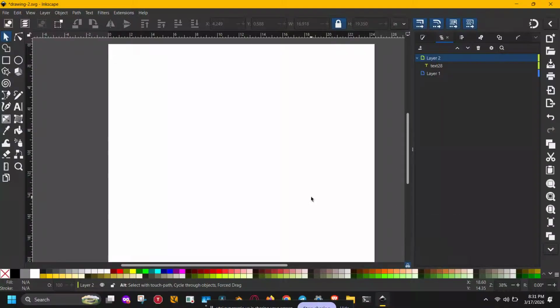In today's video, I'm going to show you how to draw in Inkscape using some of the most important tools every beginner needs to know. Whether you want to create simple sketches or more precise vector artwork, this step-by-step guide will help you get started